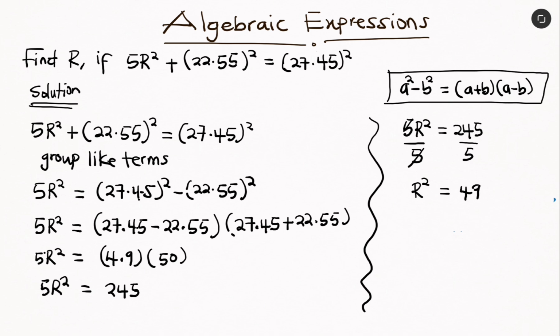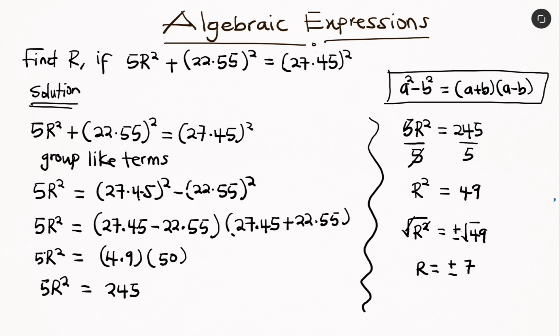So now that we have 49, that is not our answer. The question is saying we should find r, not r squared. So we take square root of r squared. Okay, let's take square root of 49. But if we are taking the square root, we introduce plus or minus in front. So the square root sign will take care of the square. So we have r to be equal to square root of 49 is 7. So we have plus or minus